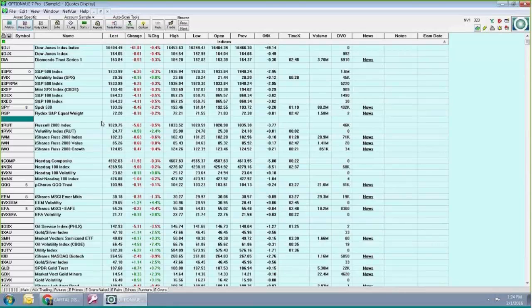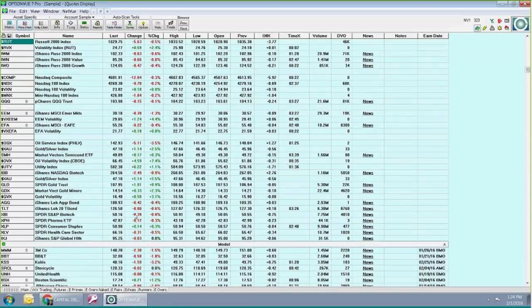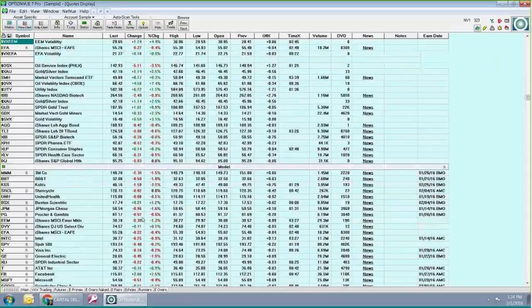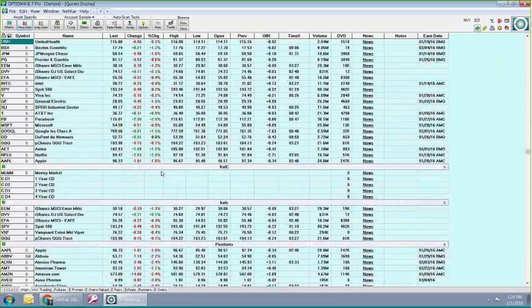A couple more questions. David asked, why can't OptionVue calculate MIV on Friday of a weekly expiration? There's a lot of volatility still there. It does not calculate volatility if there is, I believe, less than 3 days.